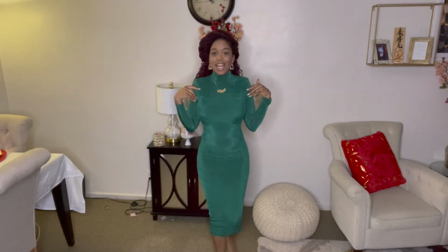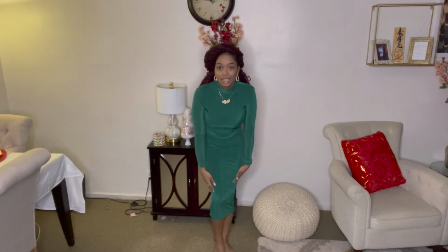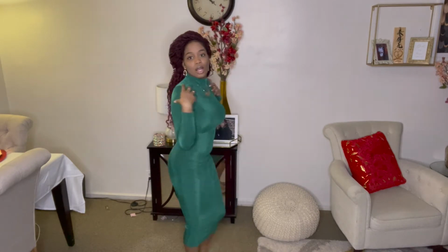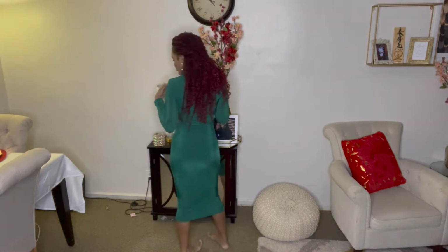Okay, so yes, this is the green shimmery dress. I love the fact that it comes down to underneath the knee. I love mini dresses like that. It makes you feel super comfortable. Just to show you guys the back and how it is,